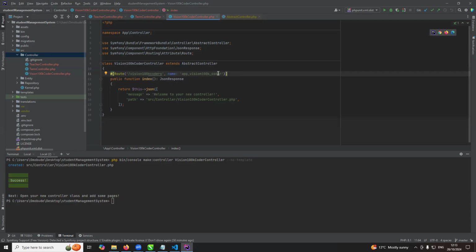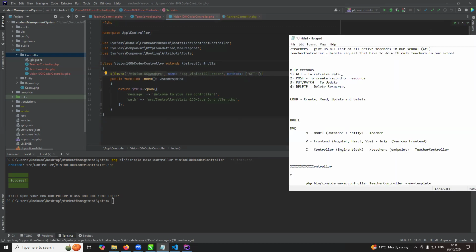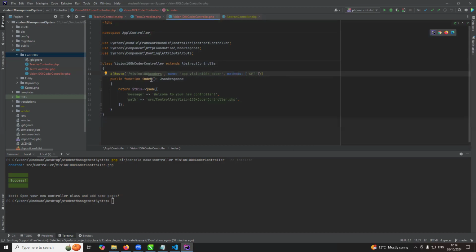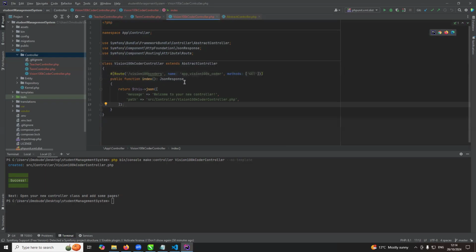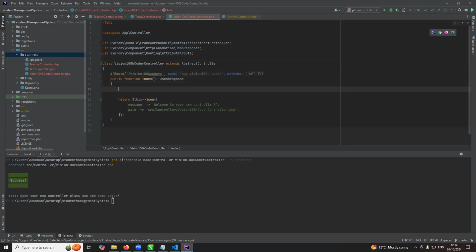Then, because I'm getting the request, the method will be a GET method. I'm retrieving data; I want to get the list of all the programmers in Vision 100K. I'm getting information, so the method will be a GET request. Now I want to prove to you that this will hit this controller. So at this point,